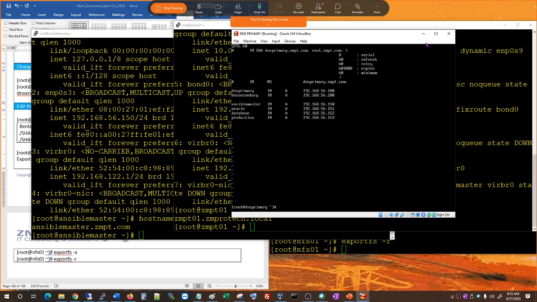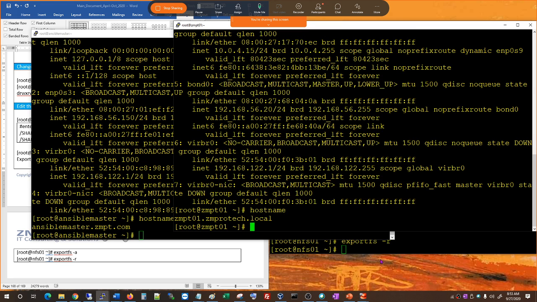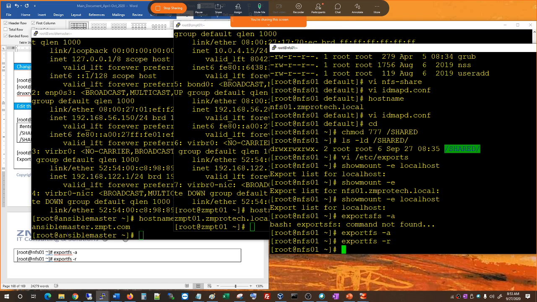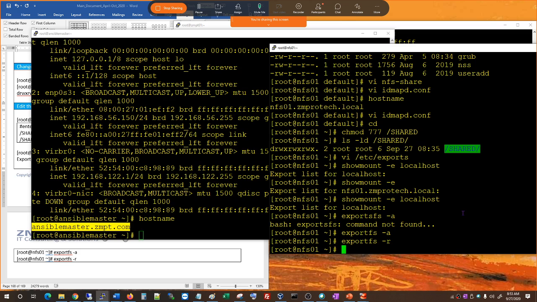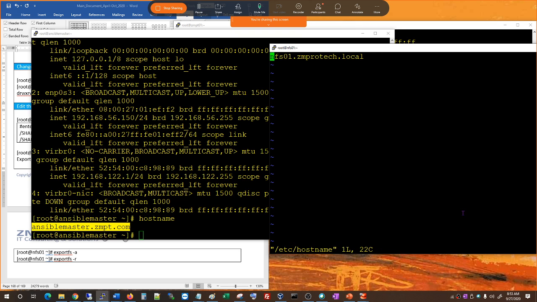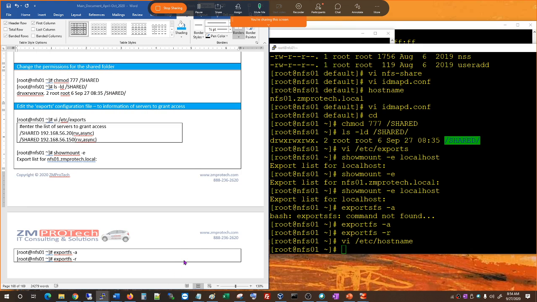So give me one second here. What I want to do is change the name. It should be something like this. Okay, so /etc/hostname. Then I'm going to go in, and instead of that, I'm going to say NFS01. NFS01. Okay, and